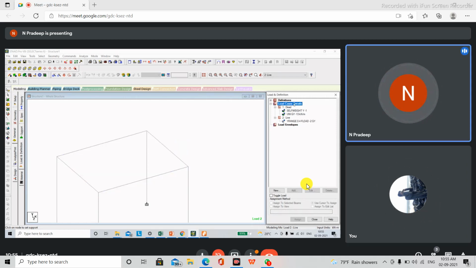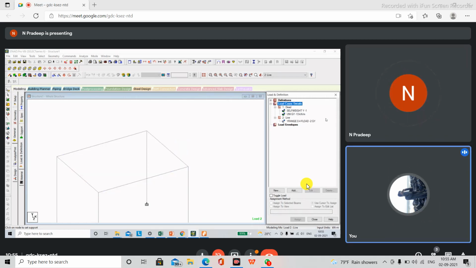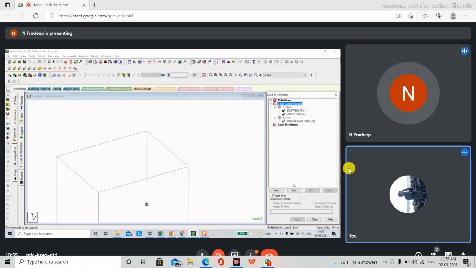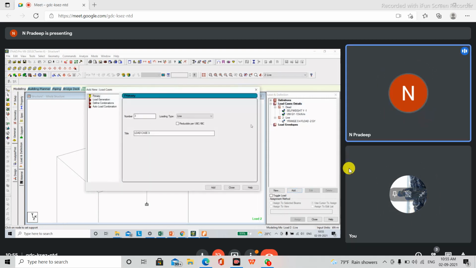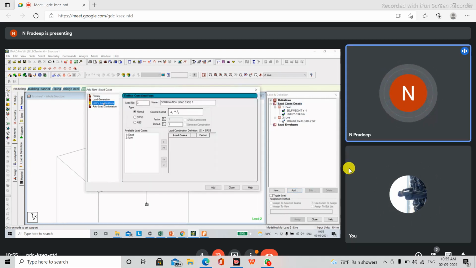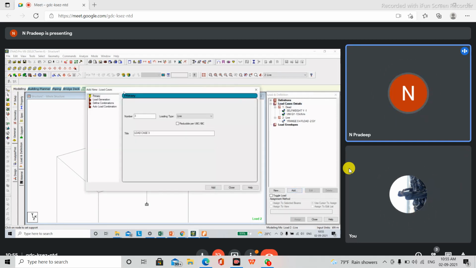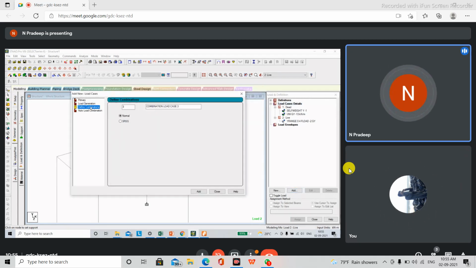You go to this load case details on the top. That load case details, you click on add here. And the moment you click on add, you have something called define combinations. So I'll repeat it. Go to load case details, click on add here, and then you have define combinations over here.